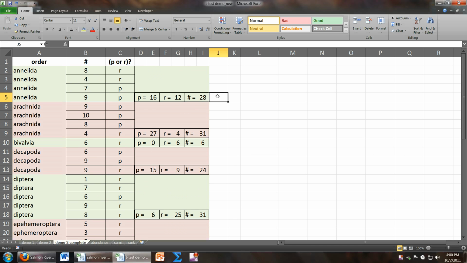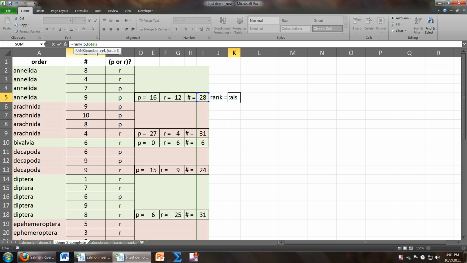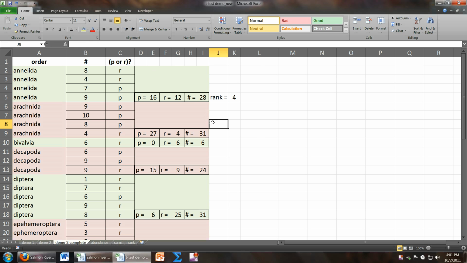So let's talk about rank now. So rank equals, I want to know where the annelids rank in terms of numbers. So we'll put the function in the cell right next to it. So equals rank. Number, the number that we are interested in is the number of annelids, and that's this cell here, so I'll just left click it to reference it, comma, what is the reference or the range of values I'm referencing from? Well, it's totals, right? And notice that when you start typing it, Excel makes a guess as to what you want. And yes, totals is what I want. Double click. Close parentheses. And that ranks fourth. Now, since this